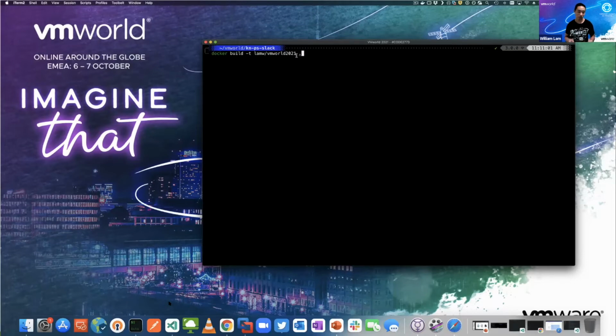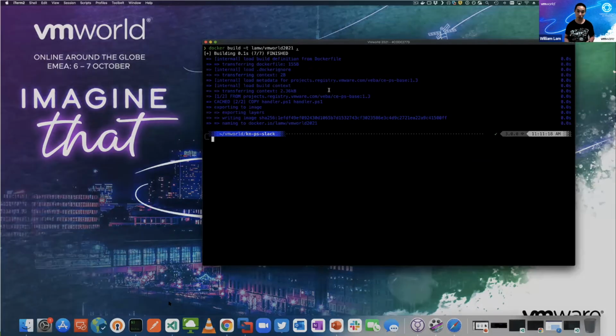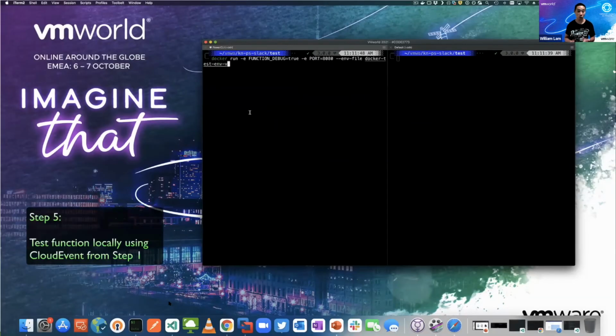And this should take about a couple of minutes or so. Once it's done, we're now ready to test this locally before we actually go do the deployment. The really nice thing about this is that you can do all your validation, try out the function and see if it's doing exactly what you want, right? And if you follow the README for this function, we can now run this function